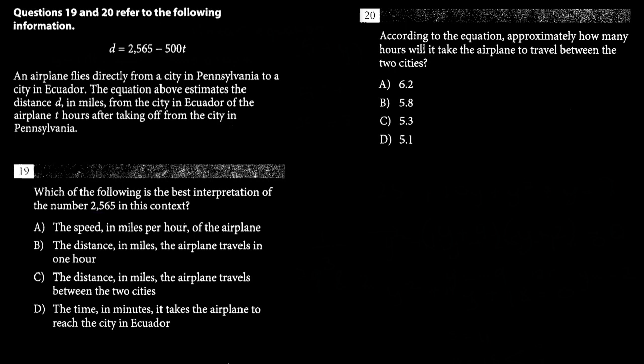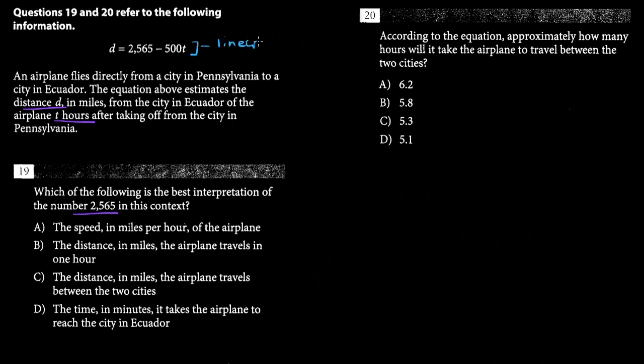Questions 19 and 20 refer to the following information. An airplane flies directly from a city in Pennsylvania to a city in Ecuador. The equation above estimates the distance d in miles from a city in Ecuador of the airplane t hours after taking off from a city in Pennsylvania. Which of the following is the best interpretation of the number 2565 in this context? Okay, what we need to understand is that this equation that we've been given is actually